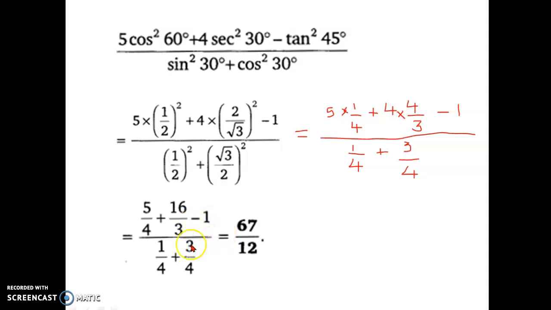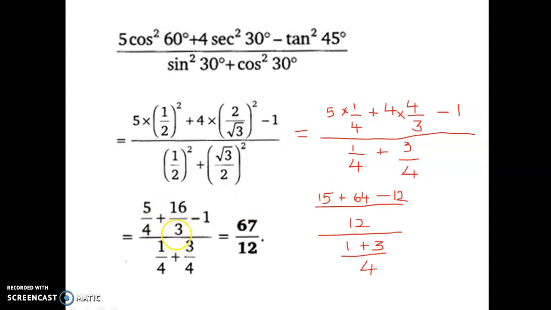In the next step, you have to find out the LCM. Okay children, I have shown you the step here. Here 4 and 3 you are having in the denominators. So what will be the LCM? The LCM will be 12. So what is missing in this denominator? It is 3. 4 3s are 12 you will get. So 4 is already there, so 3 should be multiplied with the numerator. So 5 3s are 15 you will get.